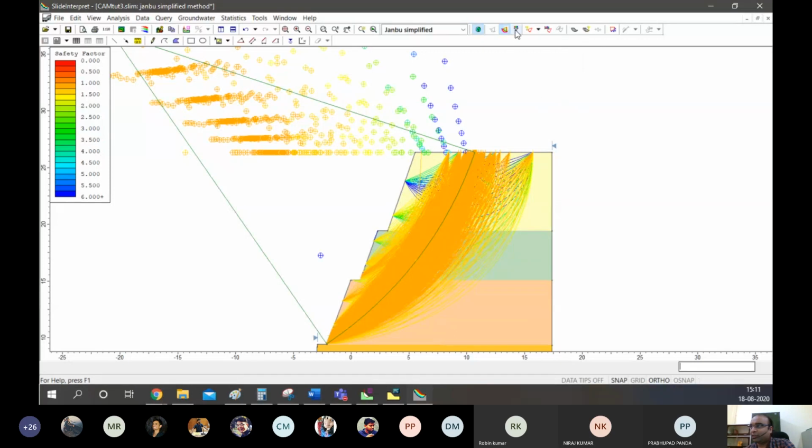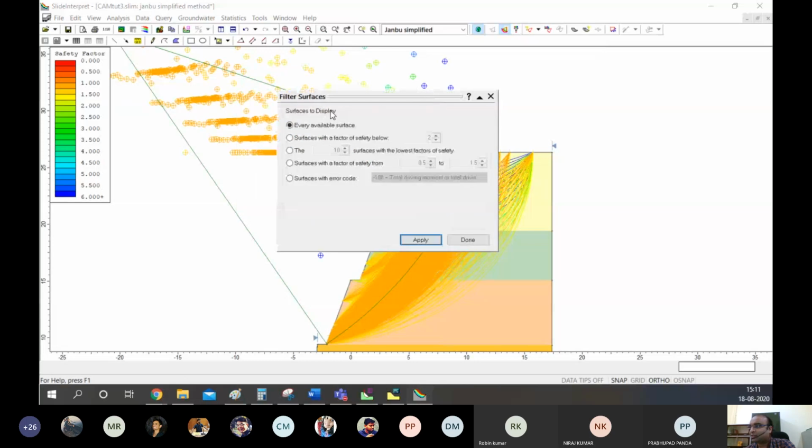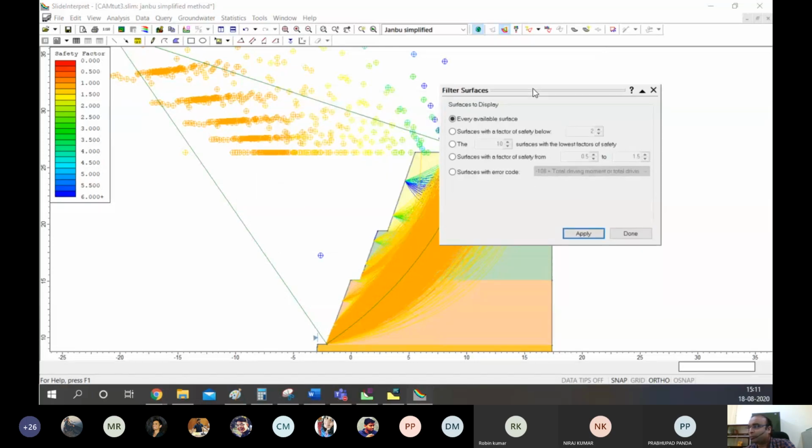To find that out, we have these filter options. So when we press that, this kind of window appears. So in there we have options for what we want to do. So we can basically put surfaces with a factor of safety below 2.